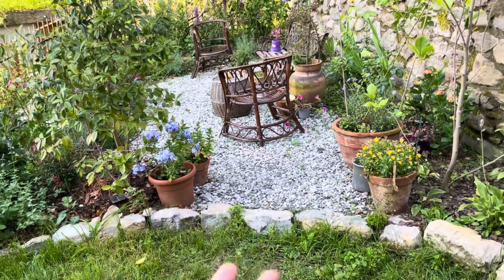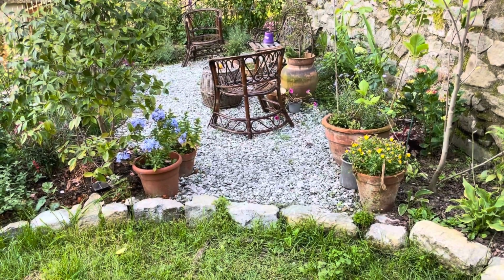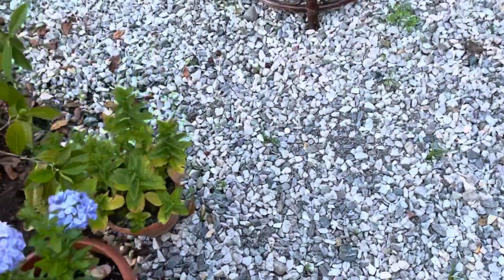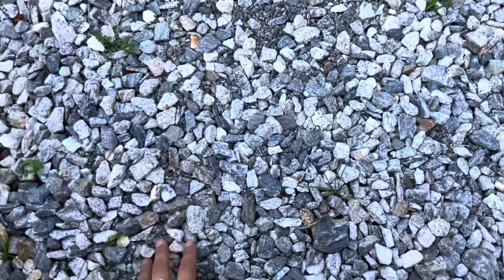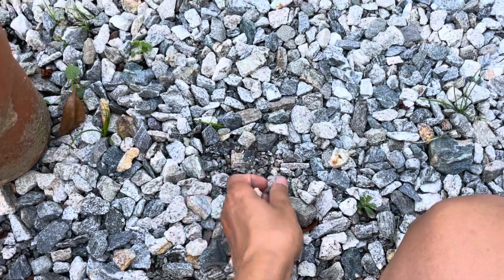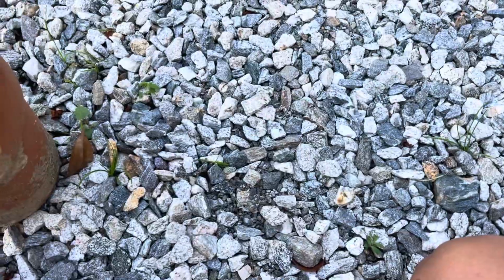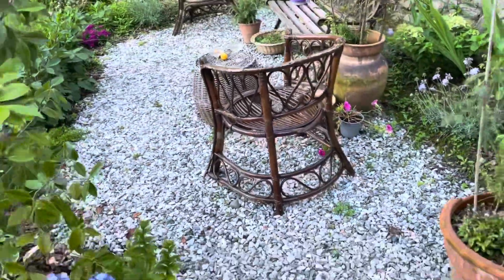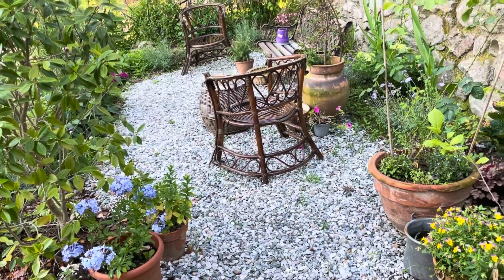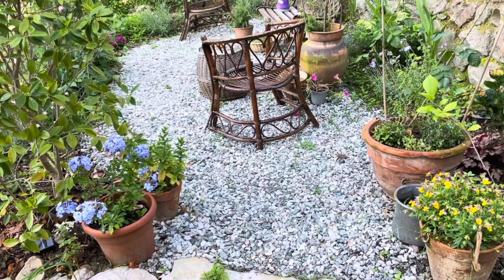This is not the pretty type of gravel. This is the gravel that they use for buildings to mix with the cement. So it's grey, it's granite I think, so it's not really pretty. But 30 kilos of this gravel cost €1. So all that gravel cost me €20, and it made a huge difference to the terrace in one day. Just in one day, from muddy